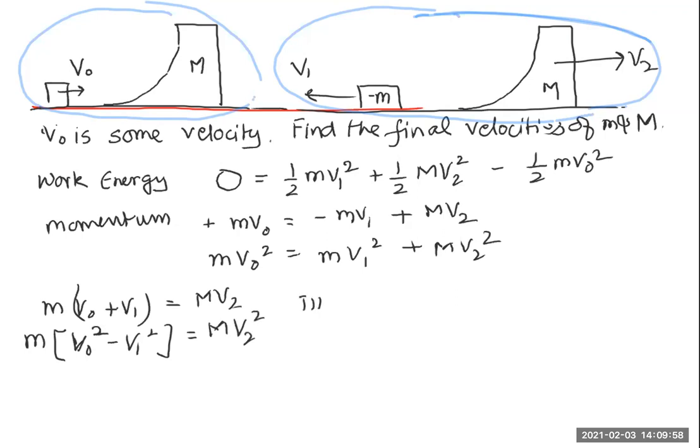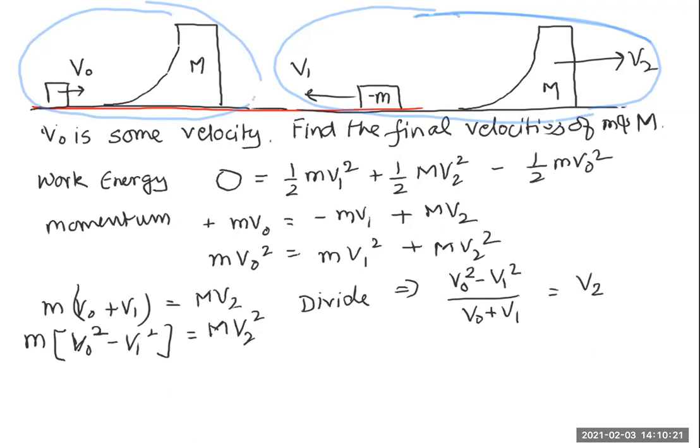And now I'm going to divide these two equations. If I divide, what will I get on the left hand side? मैं नीचे वाले इक्वेशन को ऊपर वाले से डिवाइड करूँगा। v0 स्क्वायर माइनस v1 स्क्वायर अपॉन v0 प्लस v1 इज इक्वल टू v2।